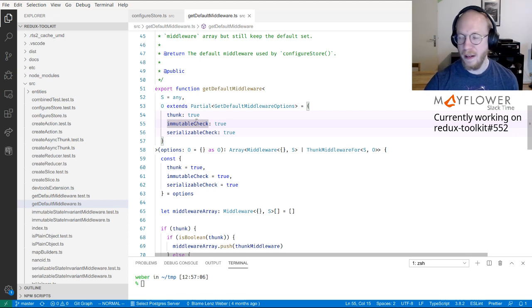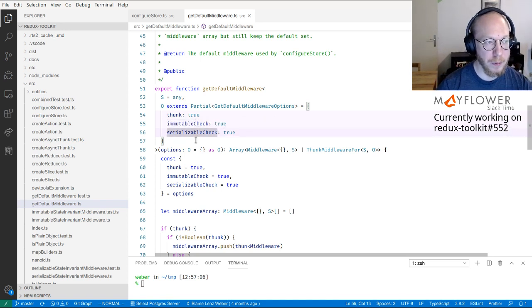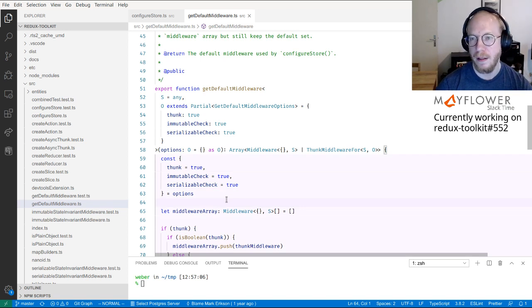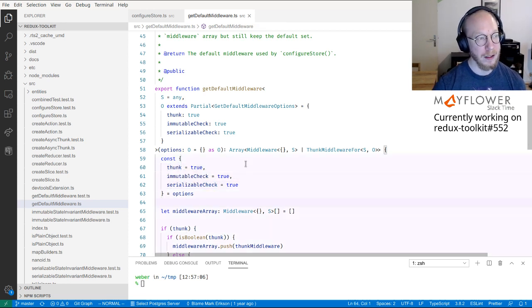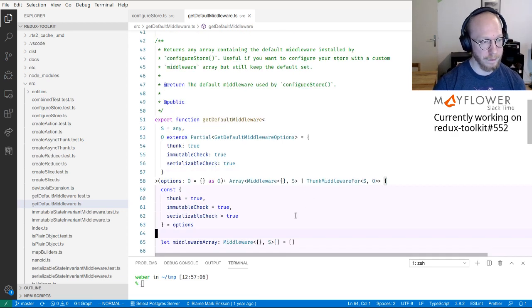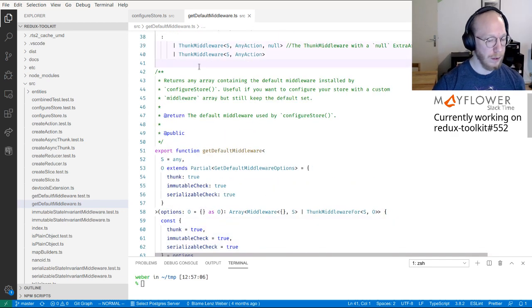And also if anything that's being stored in the Redux store is not serializable, because of exactly the same reason. If you put classes in there, that might probably affect time traveling. If you have other non-serializable or especially non-deserializable stuff, that might also impact all that stuff. So by default, this is with Thunk middleware, with immutable check middleware, and with serializable check middleware, but it can also be configured. So you could call this like